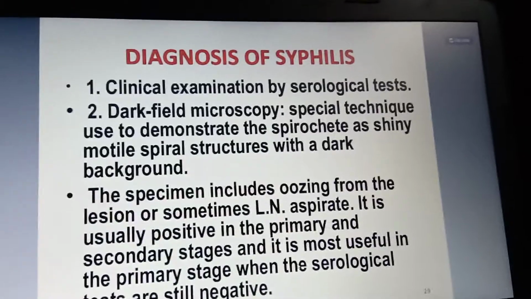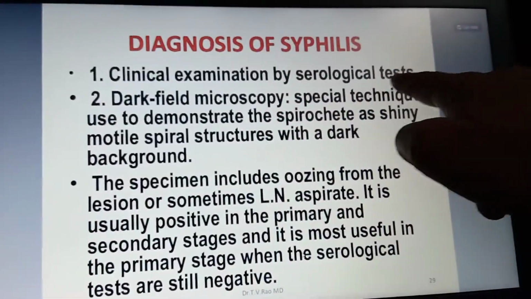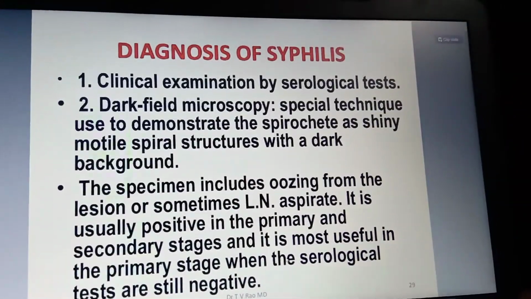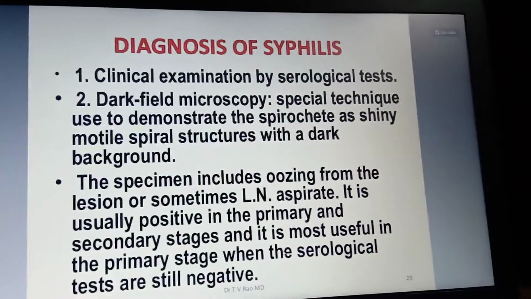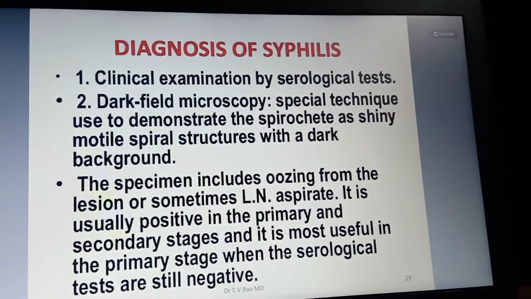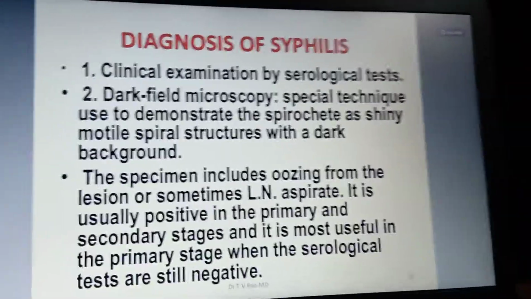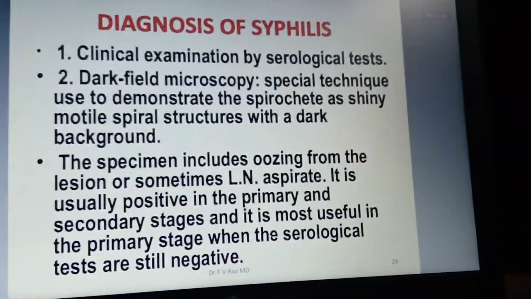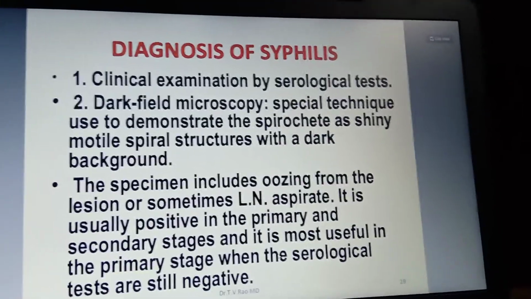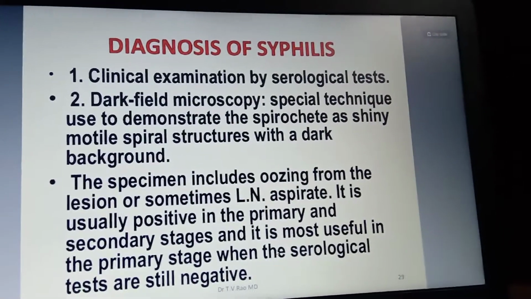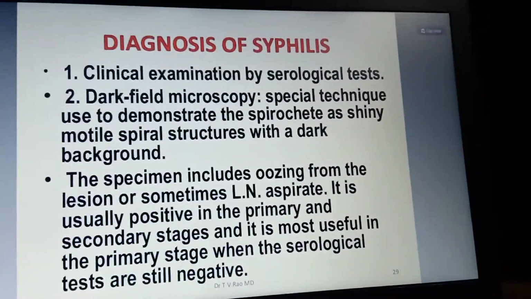Next we'll go to the diagnosis of syphilis. In the diagnosis, there is clinical examination and serological testing. First, for the chancre, in order to visualize it, they take serum from the ulceration on the penis or the cervix area, and use dark field microscopy. In the introduction I showed you the picture of the dark field microscope, so that is how they do the diagnostic picturization.